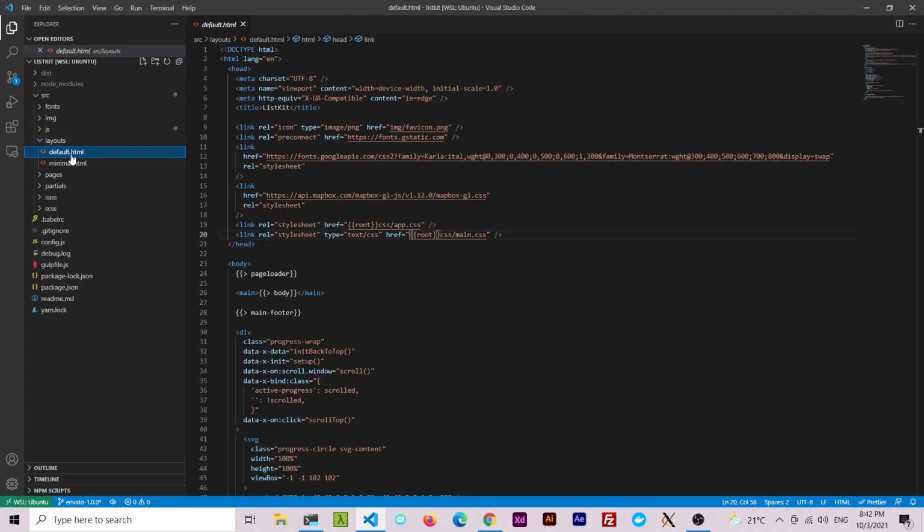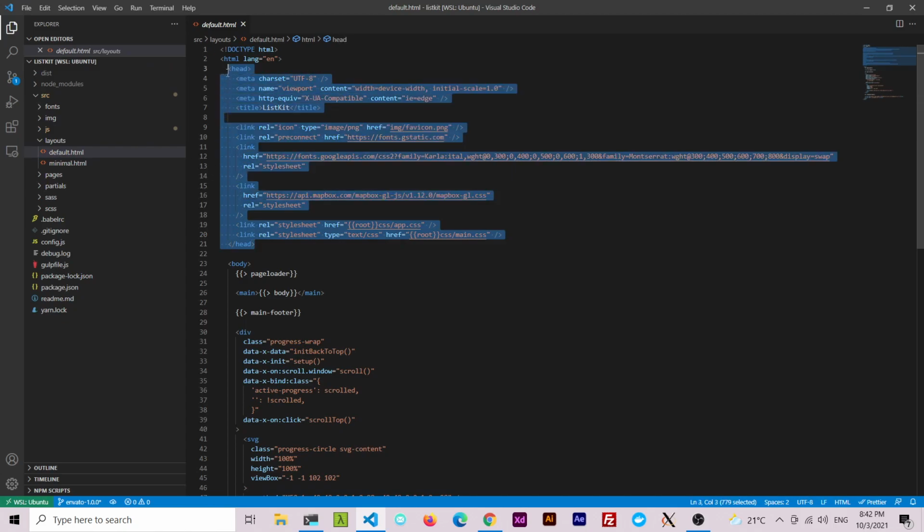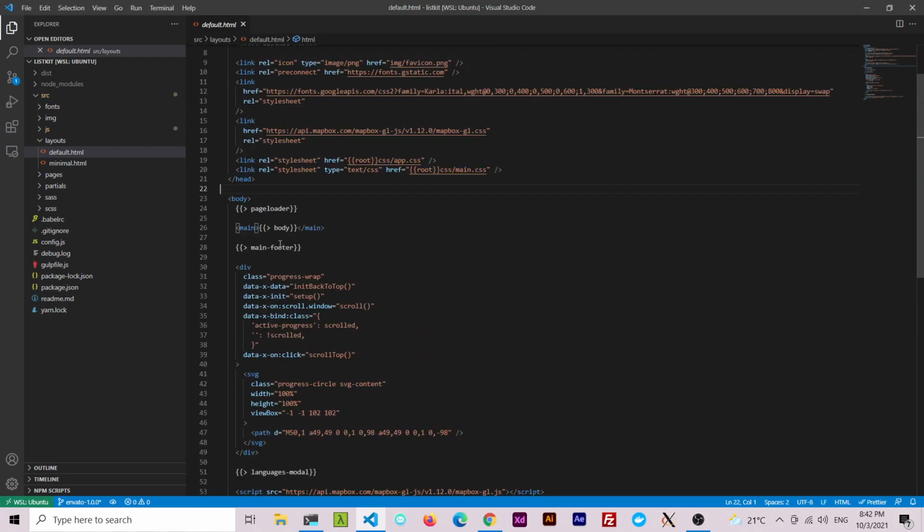A layout is basically the skeleton of your HTML page. You have your head tag with your style imports and your font imports, and then you have a body tag where all the magic happens. So this leads me to talk about partials. You can see here this bizarre thing is a partial. That's a chunk of HTML that is being rendered as this tag,